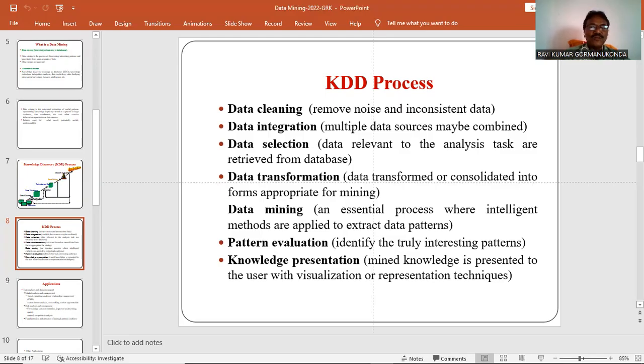Reports, you can apply the reports to the visualization, because it makes it easy to inspect the patterns discovered. So this is the knowledge discovery process, right? Data mining is one step in the knowledge discovery process. But nowadays it is a full-fledged process for finding patterns in large amounts of data. Nowadays it is everywhere. It is an interdisciplinary field, applied to any field, for finding patterns in the data.